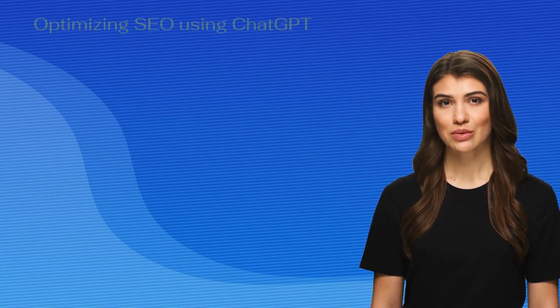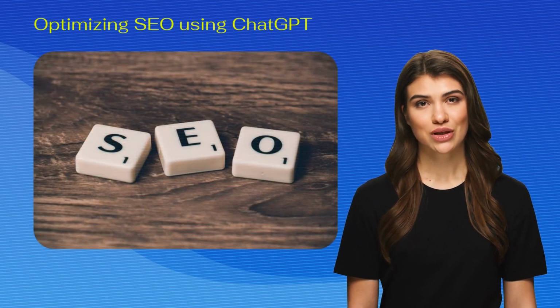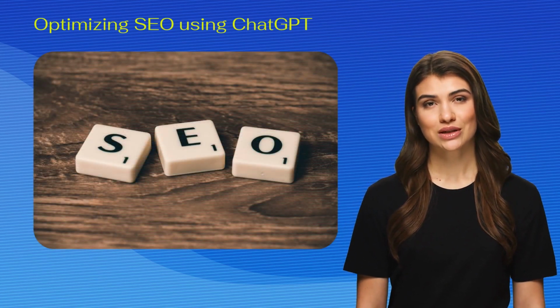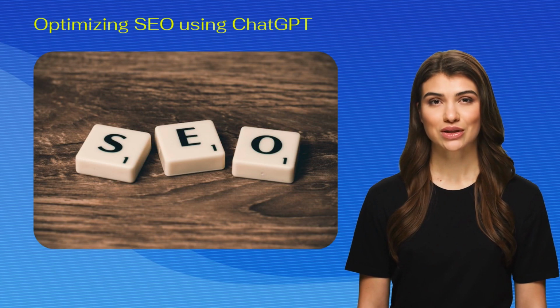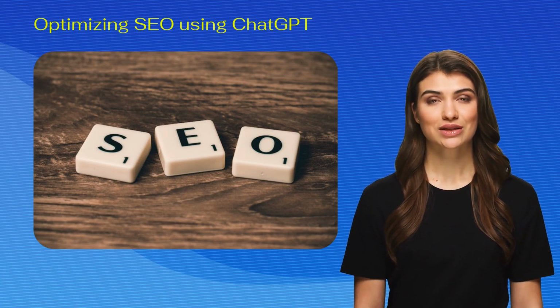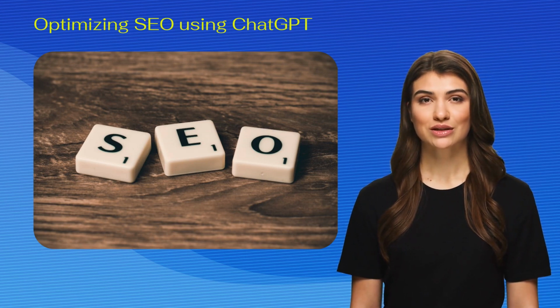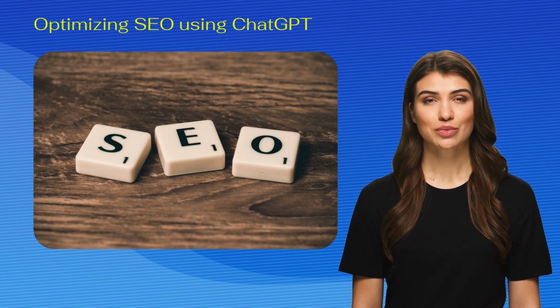Optimizing SEO using ChatGPT. In addition to generating content, ChatGPT can assist with SEO by providing targeted keyword suggestions and helping you craft keyword-rich content that appeals to both search engines and human readers. By integrating these recommendations into your content strategy, you can improve search engine rankings, drive organic traffic, and increase conversion